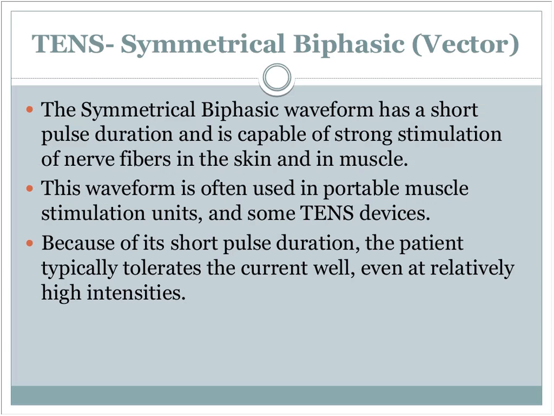Now, TENS, symmetrical biphasic. What you'll see in the title of this particular slide is that you have vector in parentheses. That means that the remainder of these descriptors for these different types of waveforms, these waveforms you'll only find on the vector genesis. You won't find them on the transport 2. Does that mean you can't do TENS with the transport 2? You can do a form of TENS because the